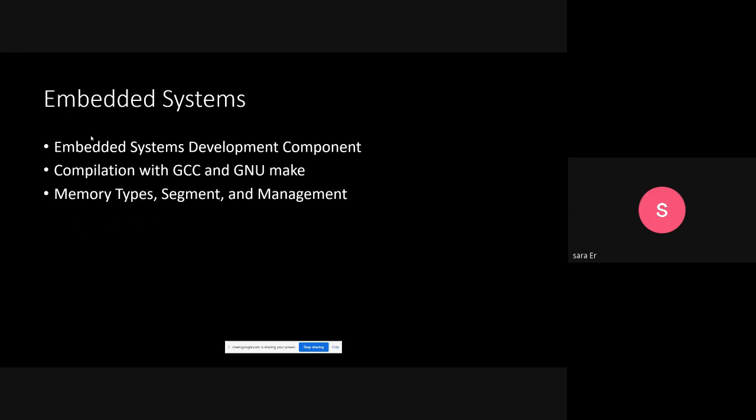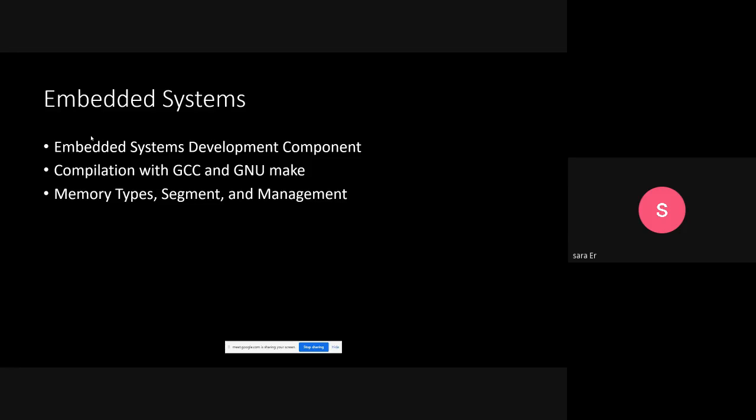Every embedded system has development components, and we should interact with them using software packages. Using our own PC and the software installed on it, I start coding in an environment specified for coding, and after that I should compile my code to get it ready to be transferred to the embedded chip and to program it.